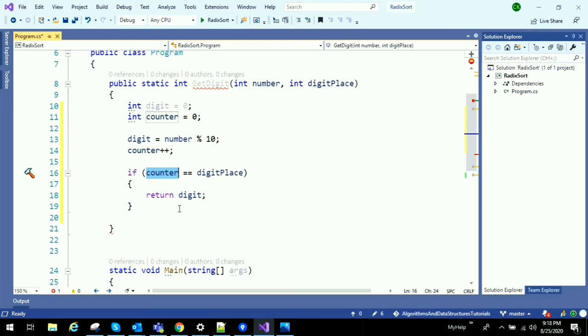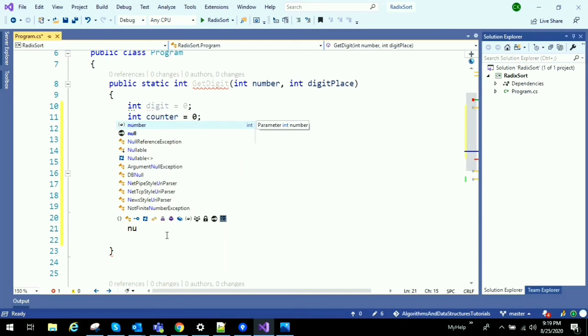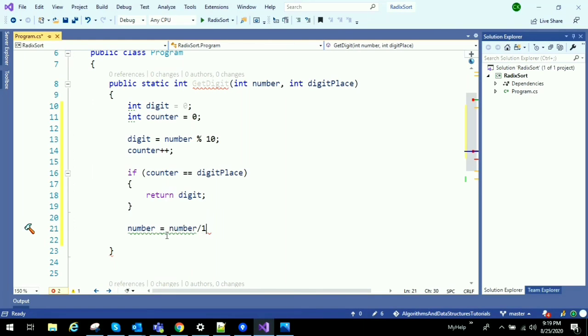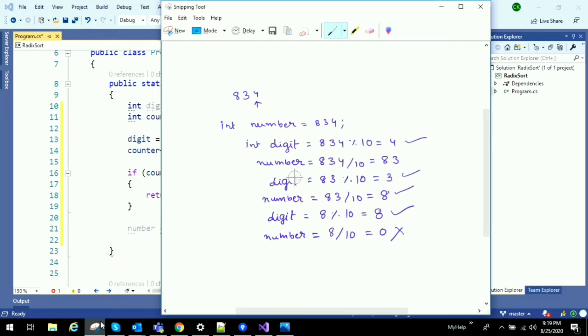In case if we want 2, then we need to repeat this process. To repeat this process, this number should be divided by 10 to get next digit. And after dividing we get 83.